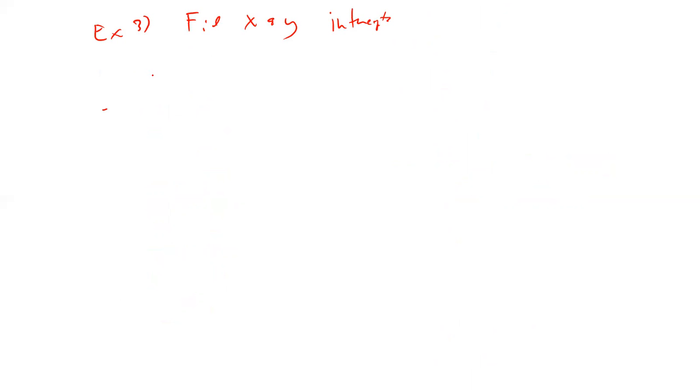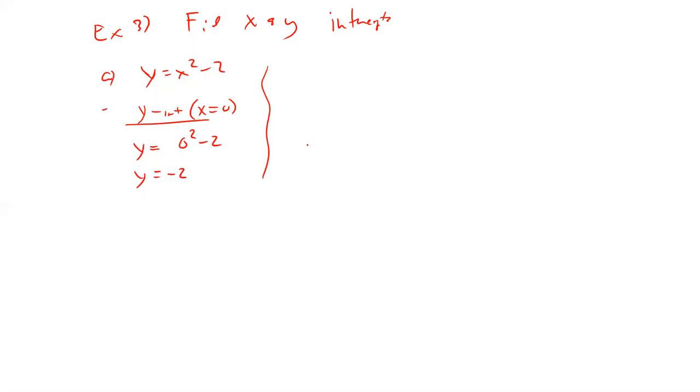All right, and let's do the same problem that we did here, because we have the graph of it anyway. So y is equal to x squared minus 2. Let's do the y-intercept first, because that was easy here. Finding the y-intercept, all we do is plug a 0 in for the x. So we're doing it algebraically now. Let's see if we get the same answer that we got before. 0 squared is 0, minus 2 is? -2. Finding the X-intercept, what we do here is we make the y equal 0.